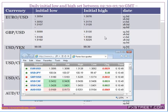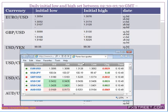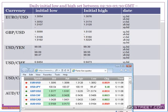Then in the case of Yen, 99.47 was the low. This is not breached. 99.86 was the high. They breached the high and formed 100.19 as the high, and they are staying above 99.86 for more than 30 minutes, and they are expected to continue to gain the levels in the case of USD Yen today